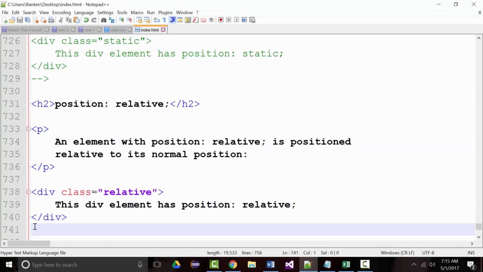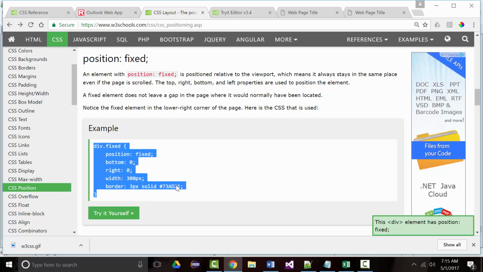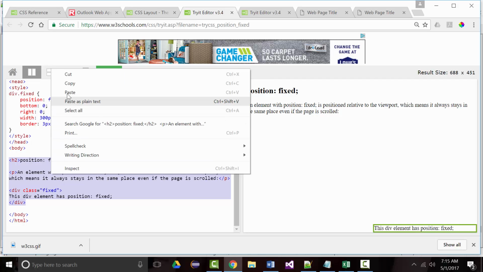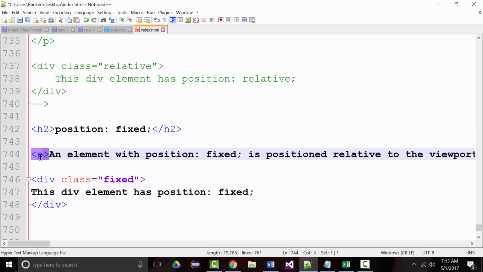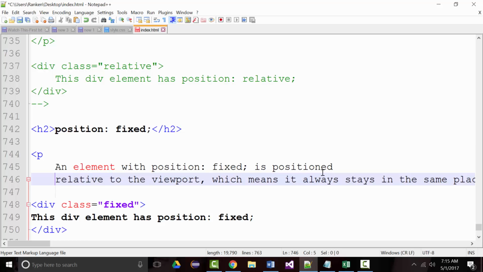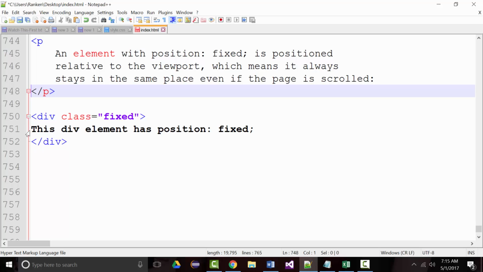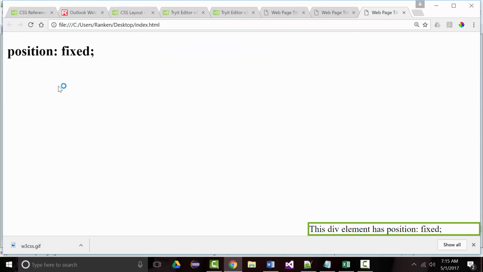All right, we'll come back in here again. And we're going to add our text. Same text basically we've been adding, except now we're using fixed. So let's look at this. There it is, position fixed. There it is on the screen. Notice